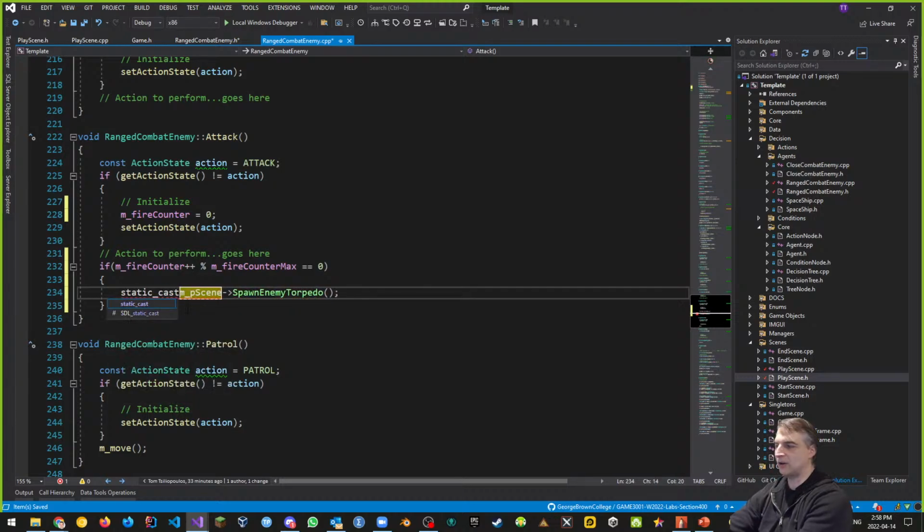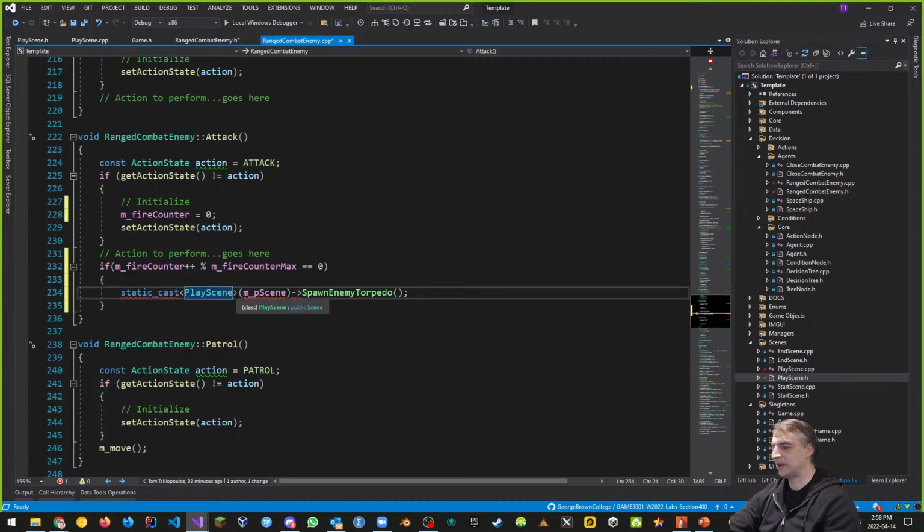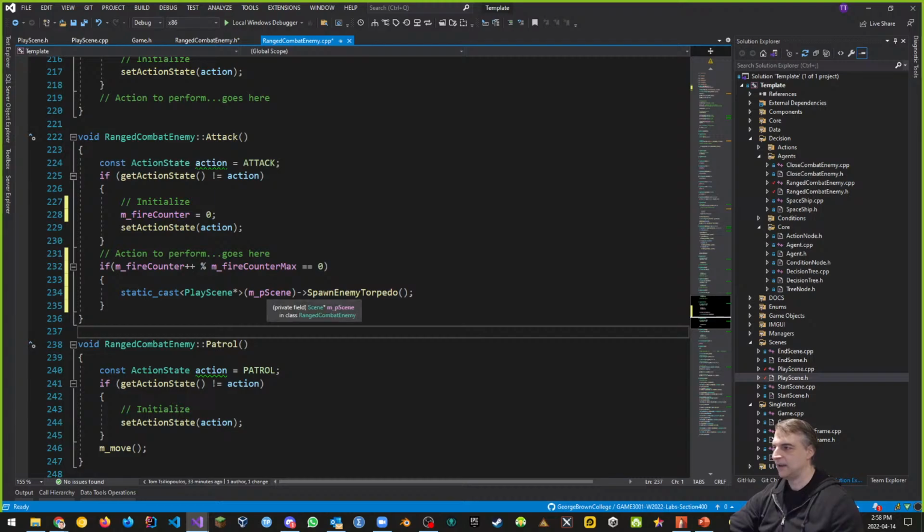And the way static cast goes is you need to put in the angle brackets. You need to put in the type that you want to cast. We want to cast this thing, so in the parentheses, this thing. And we want to use a type that we put in the angle brackets. We want to use the placing type, right? So I want to static cast this placing. It has to be a pointer, right? So static cast the placing, which is now a pointer to the scene, to